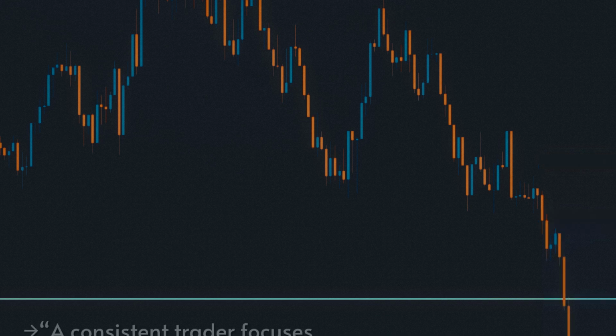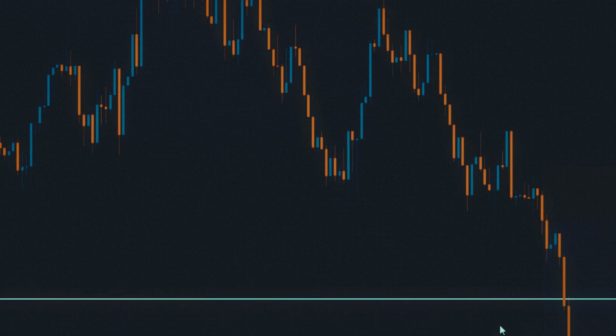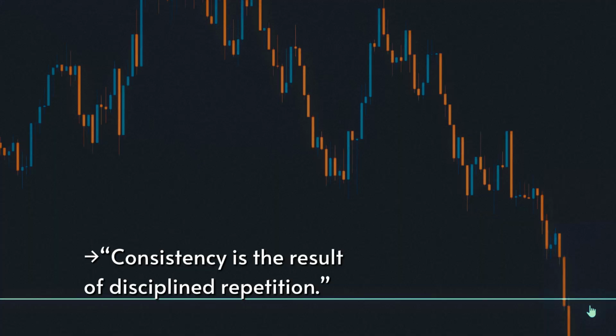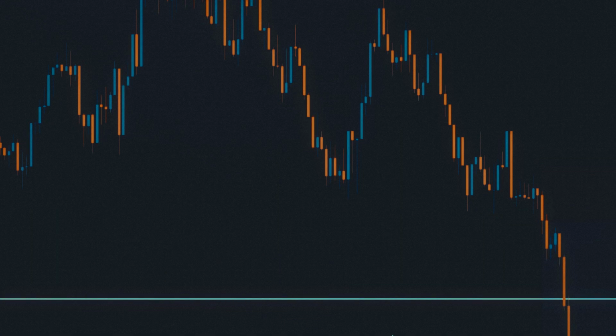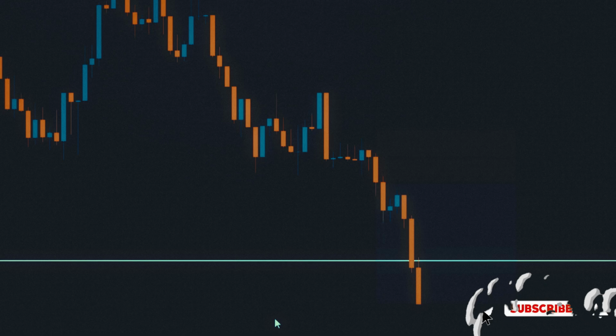And that's it. A complete blueprint for how to approach the gold market with structure, with discipline, and with a plan. It's not an easy path, but it is a clear one. You have the tools. You have the blueprint. So the only question left to ask is, what are you going to build?